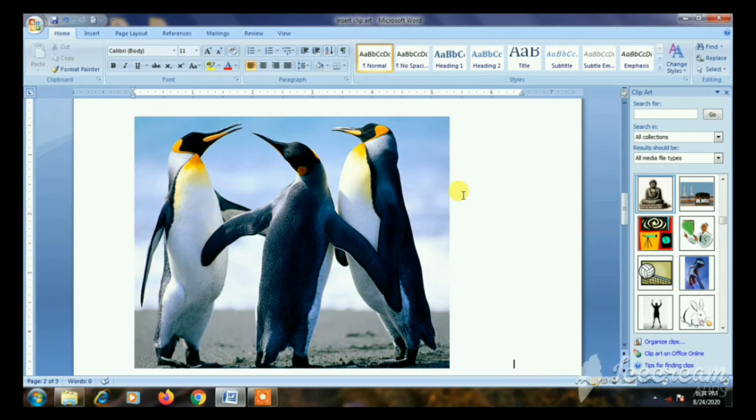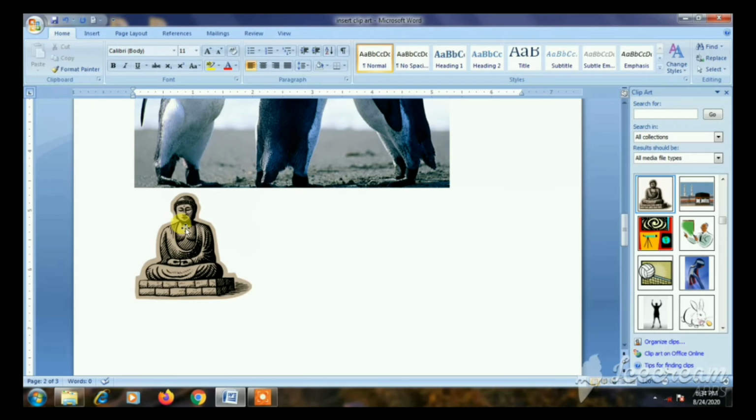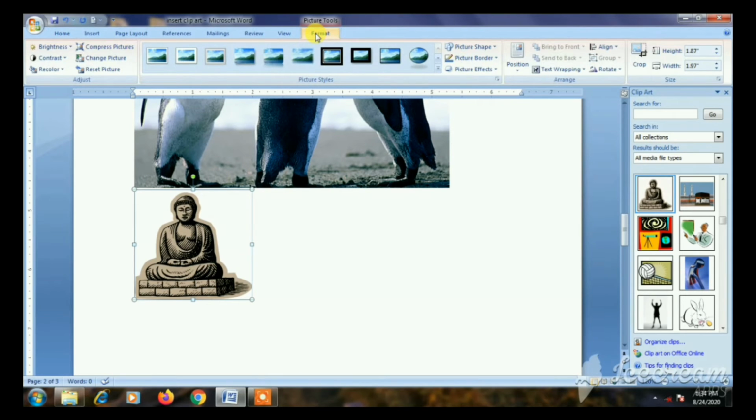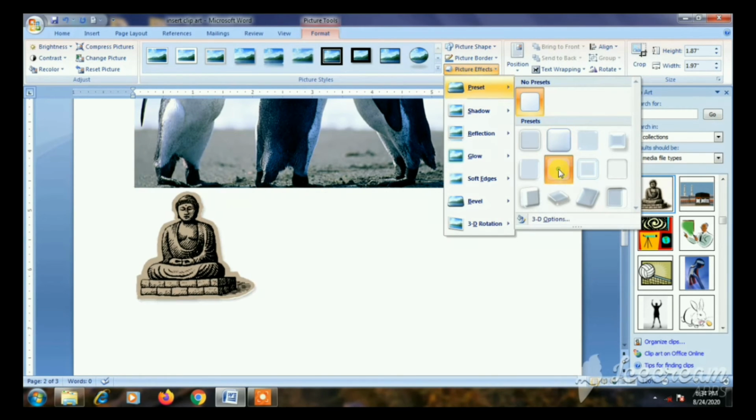The next one is that we have to apply some effects to the image. For that, first you select any image. I select this image and I click the Format tab. If you click the Format tab, so many options will appear. From that I select Picture Effects.